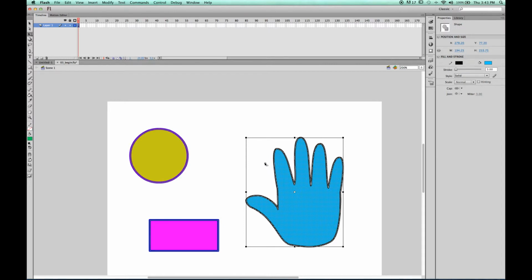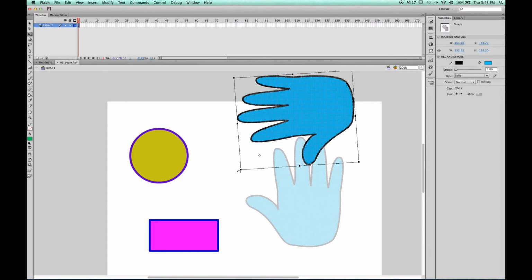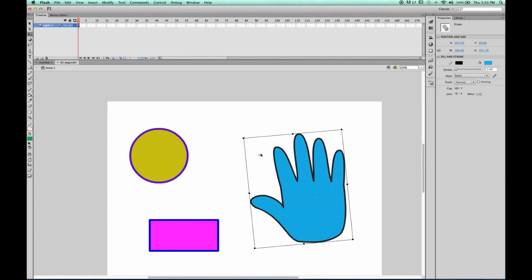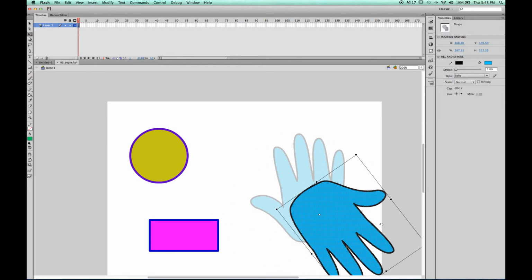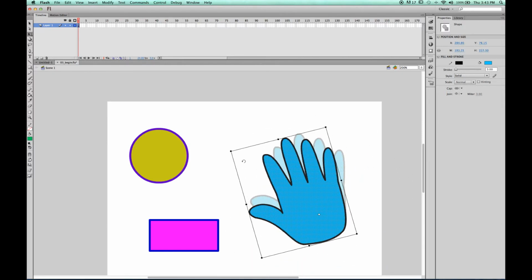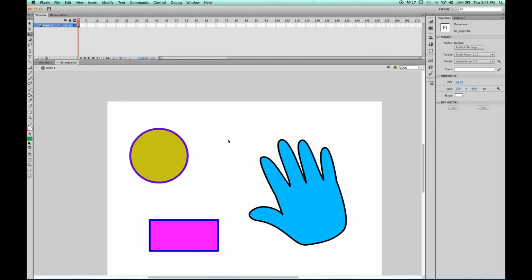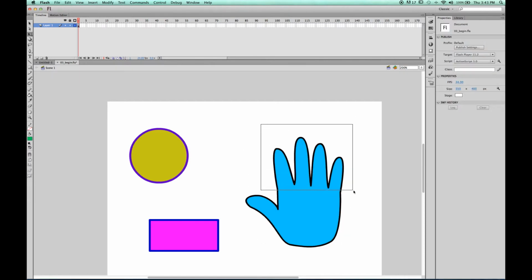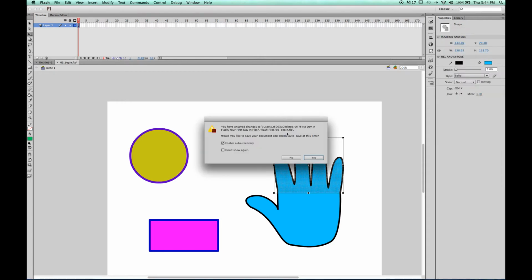And then again, you can come in, move this little point around, and then if you rotate by putting your cursor on the top left-hand corner, you'll notice that it rotates to wherever that white dot is. Okay. One last thing to show you with the free transform tool. Let me reset my hand. If I come in and I just select the top portion of the hand again,